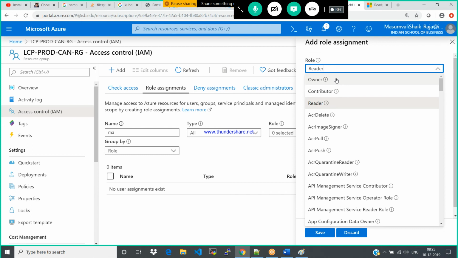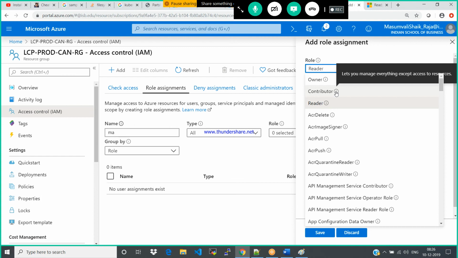If it is an owner, let's go simply: it lets you manage everything including access to the resources. The owner is the one who has access to manage the subscriptions, and also delegation. What do you mean by delegation? You are a new employee in the particular domain, Indian School of Business. Whom do you create the access for? Who has the delegation access? He could give the access, but the contributor does not have the delegation. All the features are with the owner.